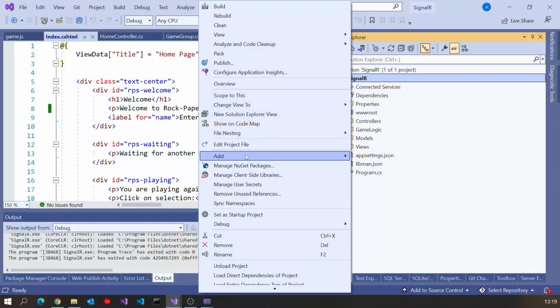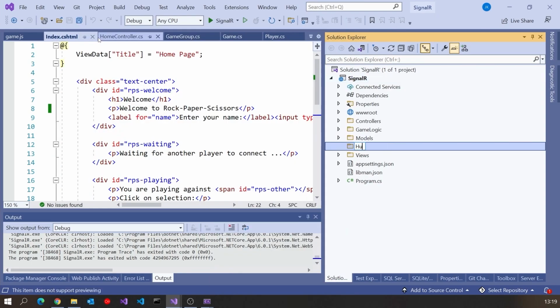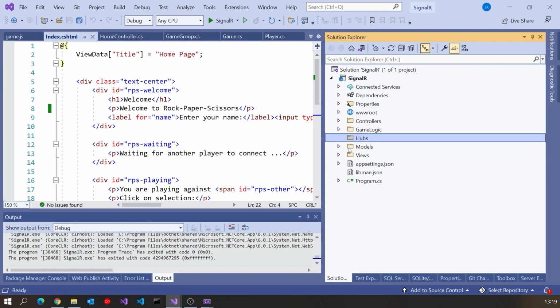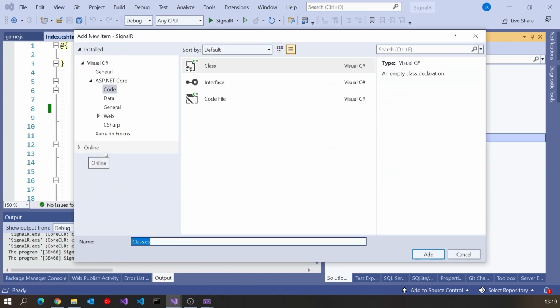And what in SignalR terms we deal with on the server side is what Microsoft term a hub. So a hub is the server connection which you can talk to and receive messages from in SignalR. So let's pop in a folder that we'll call Hubs, and then into that folder we're going to have a new class that we'll call GameHub.